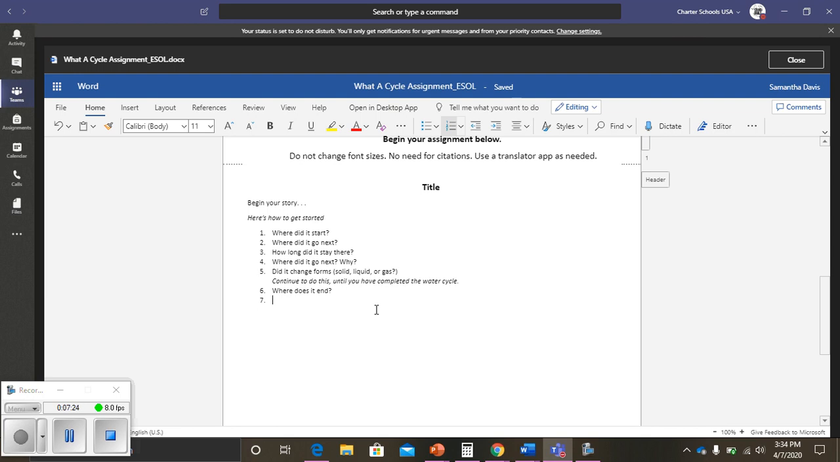Okay, so some terms that you might want to use include condensation. Okay, using some precipitation, so rain, snow, sleet, hail. Okay, other words you might want to use: watershed, aquifer, groundwater,